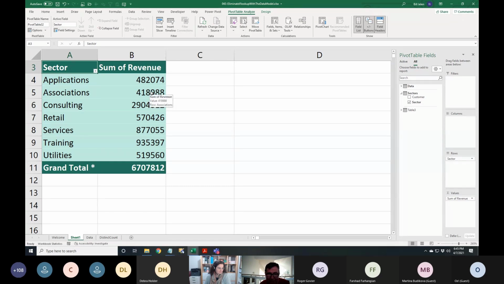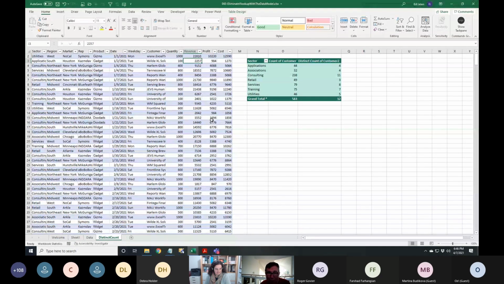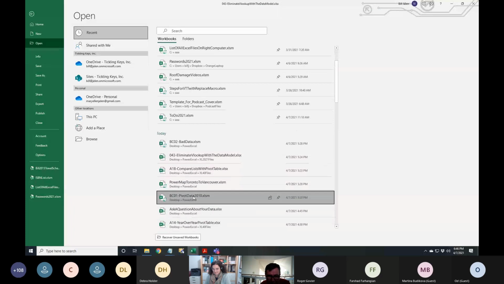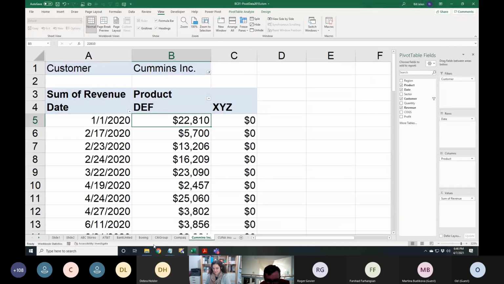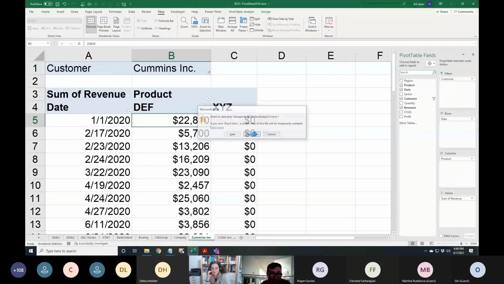All right. Tell you what, I have a lot of reasons why I love the data model that probably irritate the heck out of the PowerPivot team. For me, the data model lets me do all kinds of things that regular pivot tables will let me do. In fact, let me just go back to my regular data set. This one here, the BCO1 that I started with. And I'll get rid of, hang on, we'll close that, file close. Save changes, don't save,